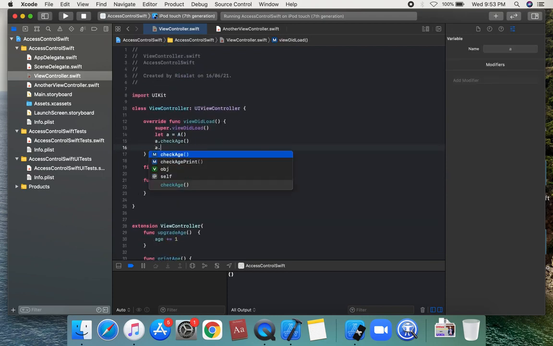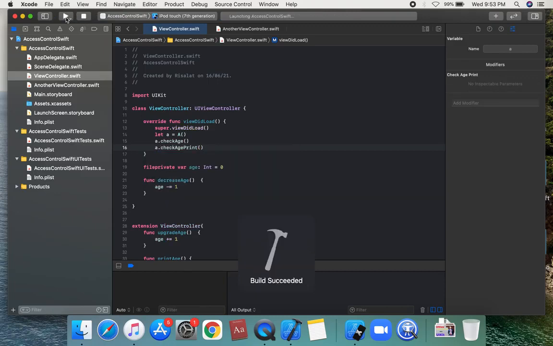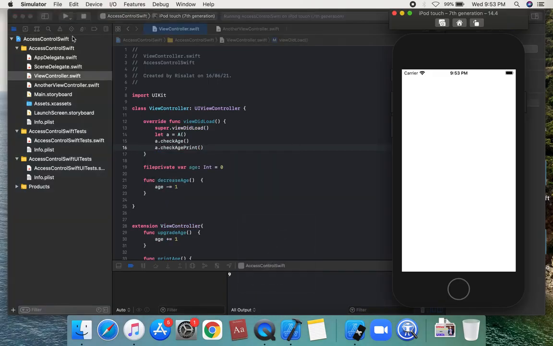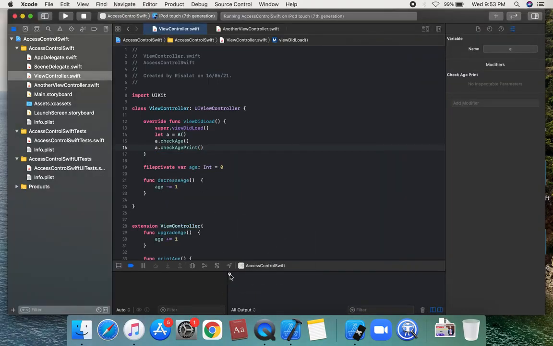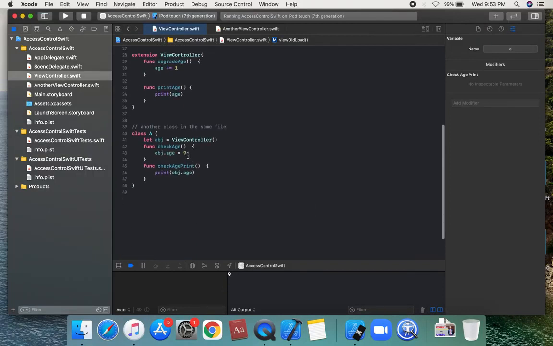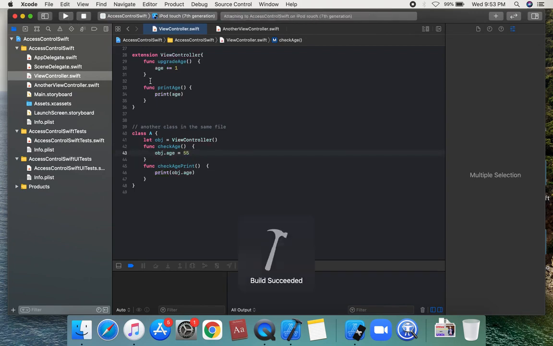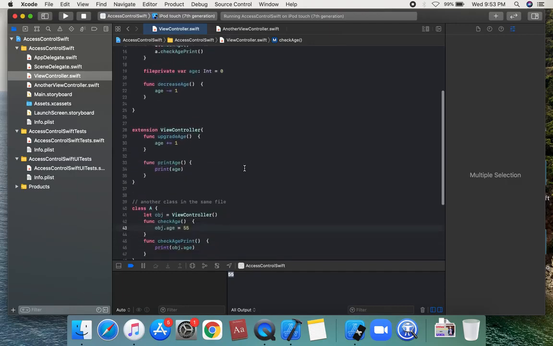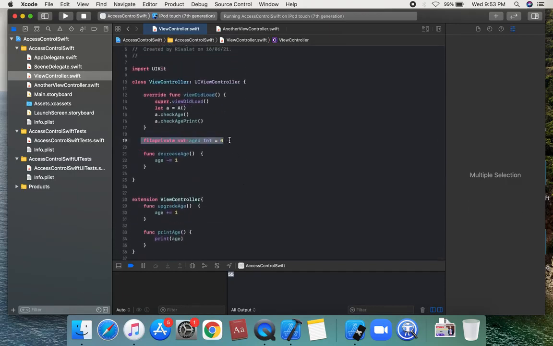We can run this statement. This is a 9. We can print this 9. Assign the age a value of 9. Suppose we can assign the value 55, and we can run this. Check on this, it is 55. So this is a file private property.